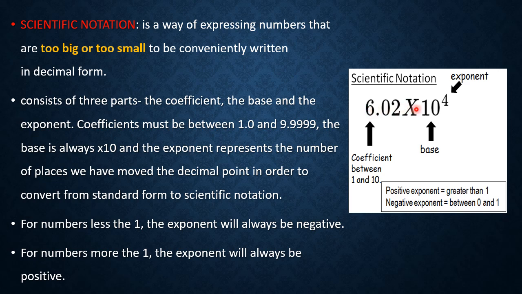Now this is the base 10. And how much to the power, the exponent, depends upon the decimal. If this exponent is positive, then the whole value is greater than 1. Whereas if it is negative, the value becomes less than 1, between 0 and 1. Here I have taken an example of a positive exponent, 10 to the power of 4, that is, the whole number becomes greater than 1. That is the meaning of the positive exponent and the negative exponent.